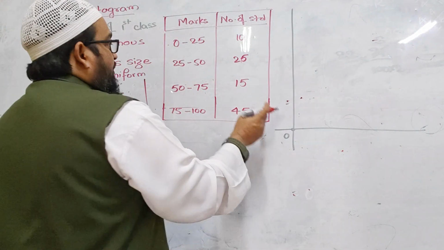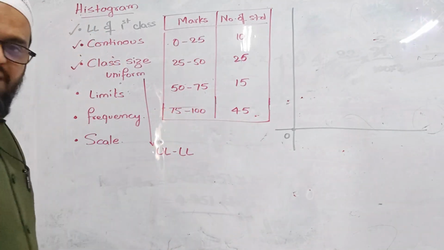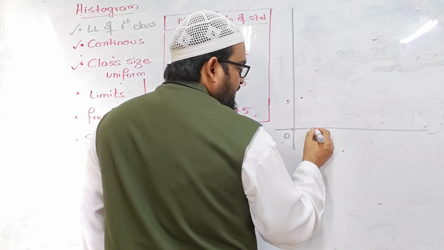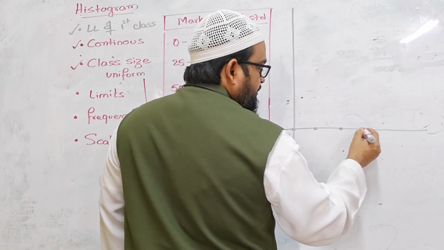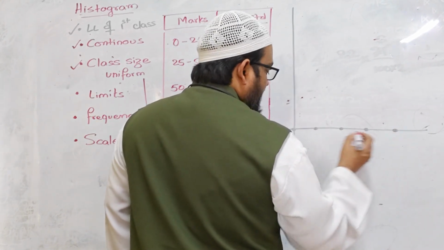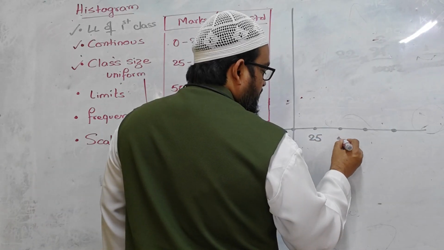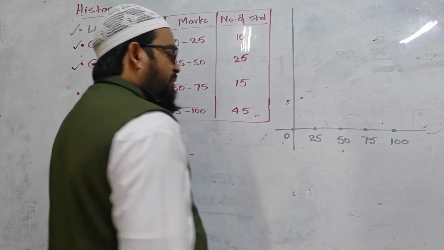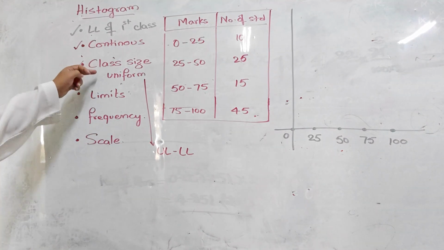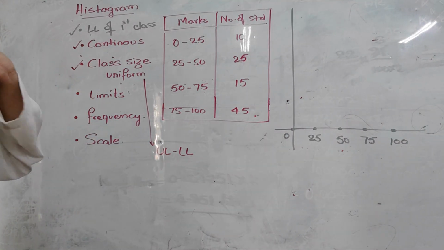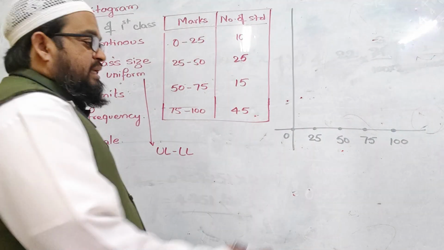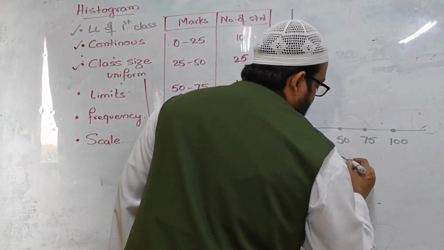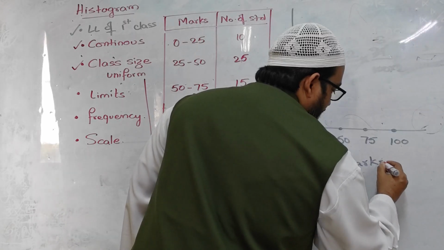This also I have passed. So now I have uniform class size. Is it right? So 0 to 25. Let me take the units as 25 only because I have uniform classes, uniform class size. Okay. So let me take the scale on the x-axis, and what is the axis name? Marks. You have to write this.